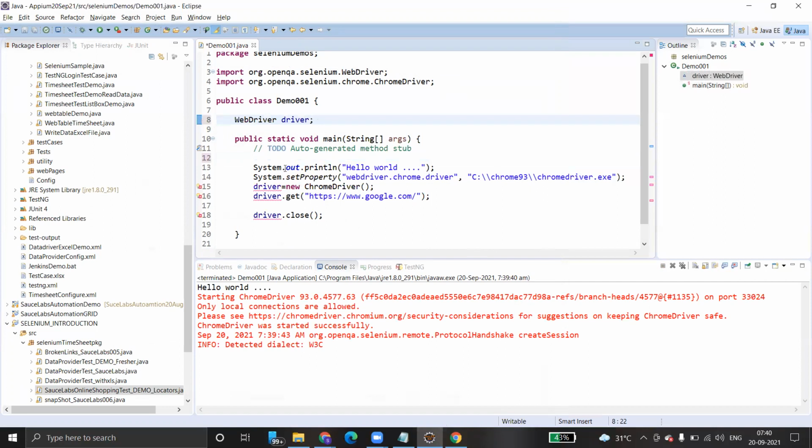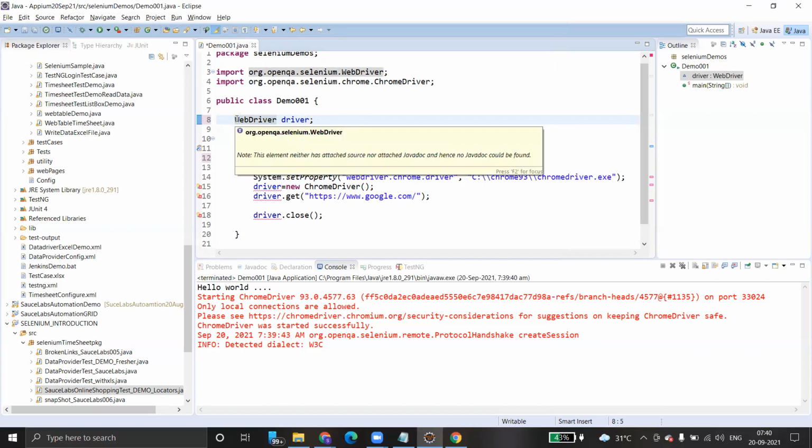Now, is it clear? Yeah, I am clear that if we write it outside, then we have to make it static. But what is the purpose behind making it static? In which places do we have to use this driver?